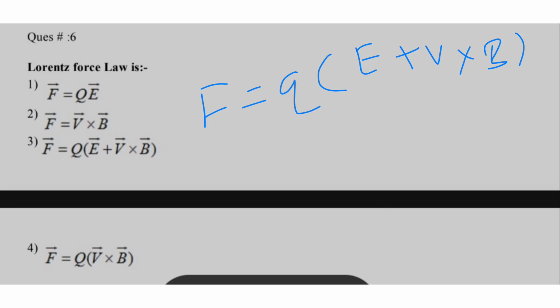F is the total force on the charge, Q is the charge of the particle, E is the electric field intensity, V is the velocity of the charge, B is the magnetic flux density. The electric field can change the speed of the particle. The magnetic field can change only the direction of motion, since the force is perpendicular to velocity. So the Lorentz force explains how charged particles move in electromagnetic fields, in straight lines, curves or circles, depending on the electric field, magnetic field